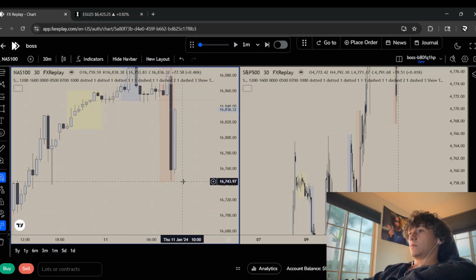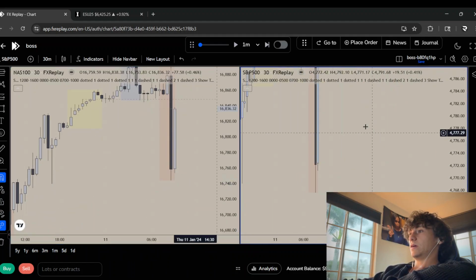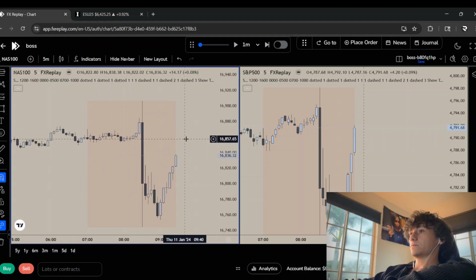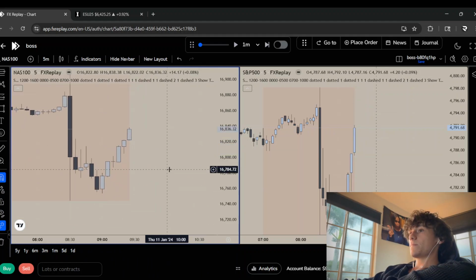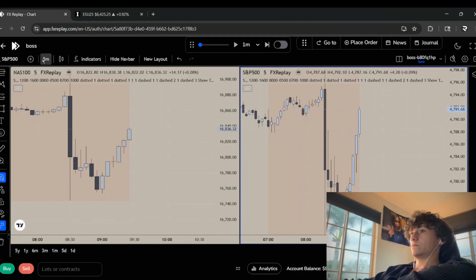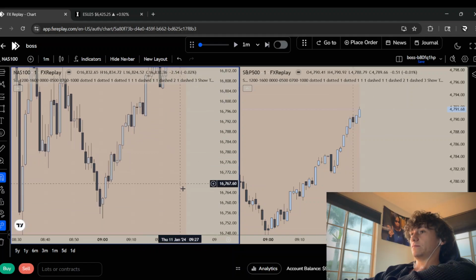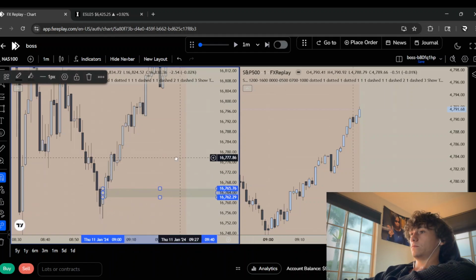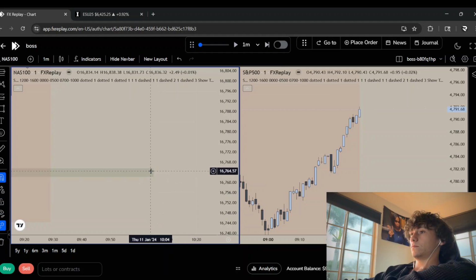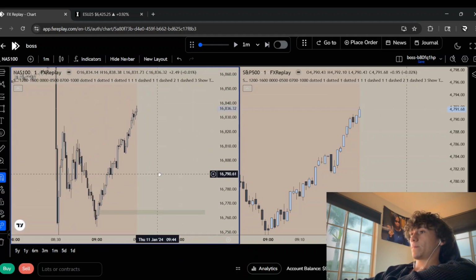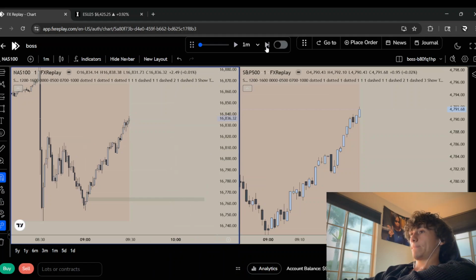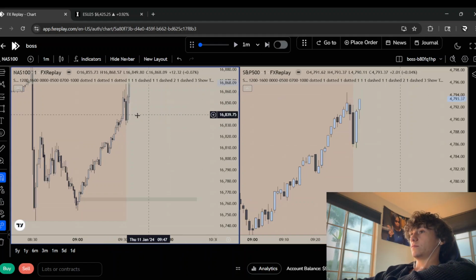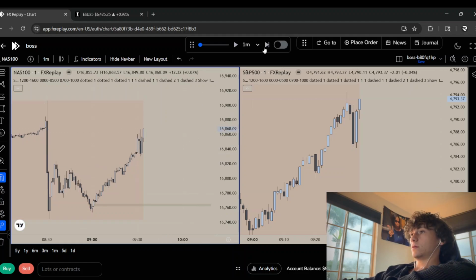Let's go to the 30. What happened? We came down. We made a SMT off of data lows. Ripped up. Change in state of delivery. The final gap is right here. Market opens, come down a little, continue up.